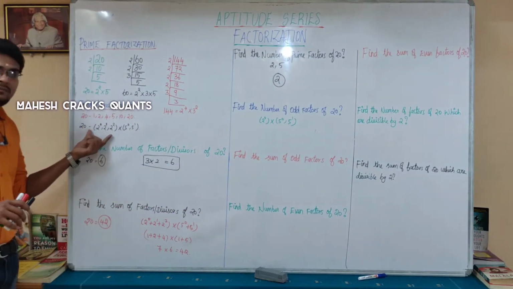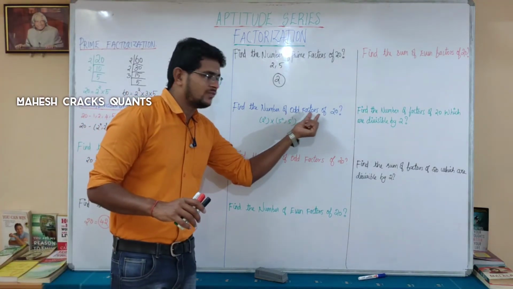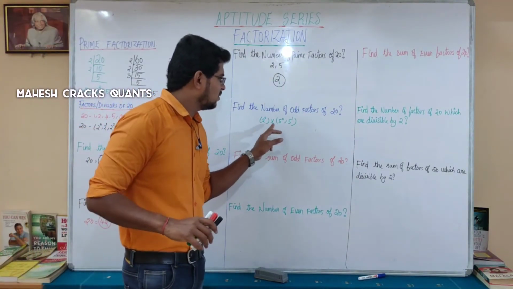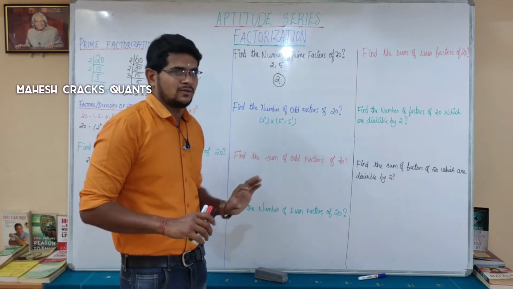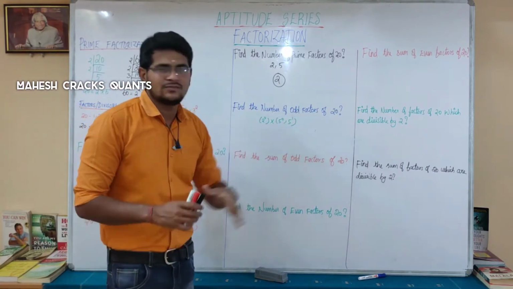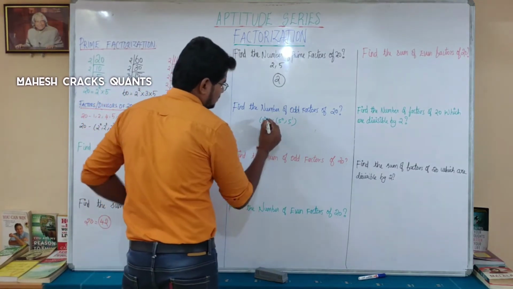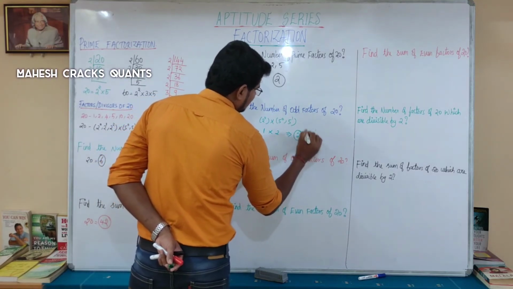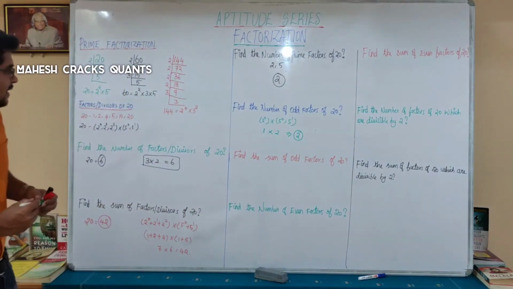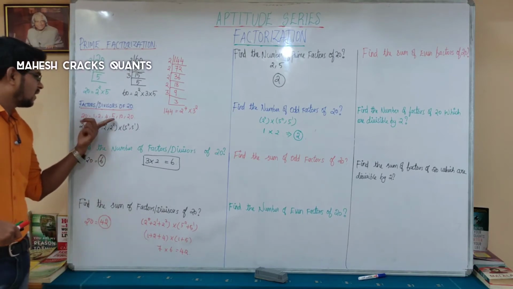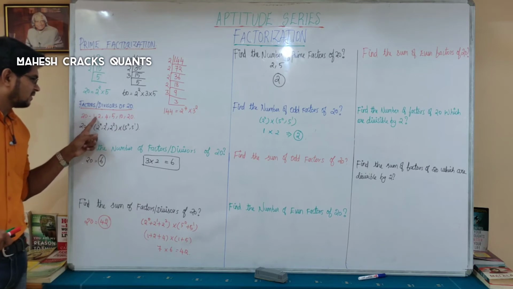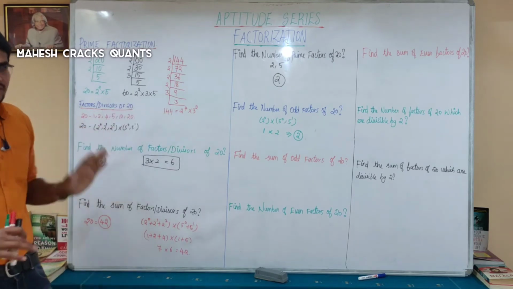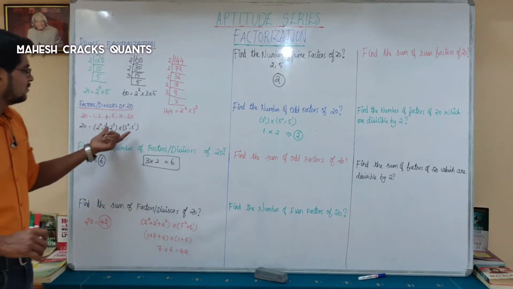Okay. Here odd number is the question. Find the number of odd factors. So 2 power 1 and 2 power 2 are not odd factors. So 2 power 0 into 5 power 0, 5 power 1. The question is to find the number of odd factors, so you have to multiply these two. Here 1 into 2, 2. At the same time, the question can be answered manually. How many odd factors are there? 1 is an odd factor, 5 is an odd factor. 1 and 5 are the odd numbers. So which means 2. Manually you will also get 2, but you have to solve using factorization.